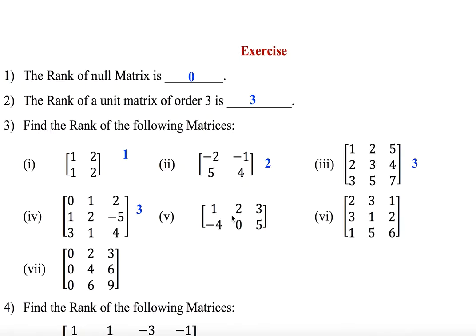What about this? See the matrix order: it has 2 rows and 3 columns. 2 by 3 is the matrix order. So the rank can be at most the minimum of the number of rows and the number of columns. We cannot find a 3 by 3 determinant for this matrix, because it has only 2 rows. So take any 2 by 2. I am taking this 2 by 2 matrix. The determinant is 10. That is non-zero, so the rank is 2.